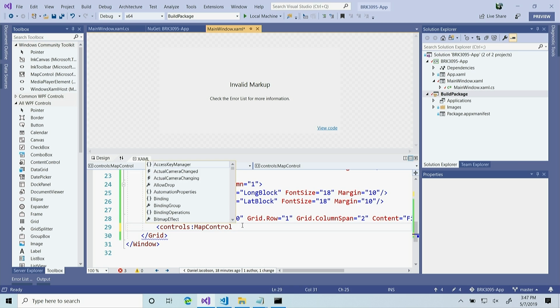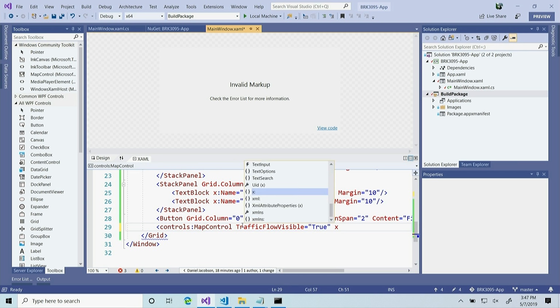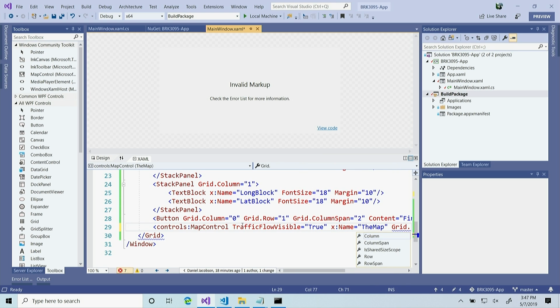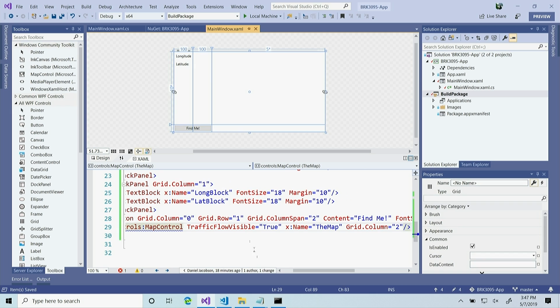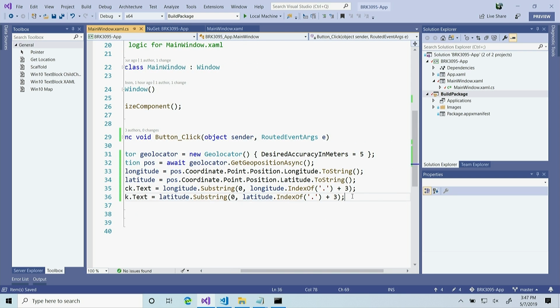So then I can specify a couple properties. The reason I really like the Windows 10 one is I can get traffic flow information. I'll give it a name, call it the map, and then I'm going to put it in the second column of my grid. And so now what I want to do is position the center of the map to where we just found, right? The